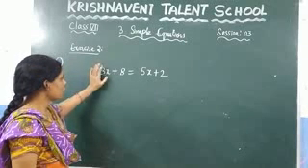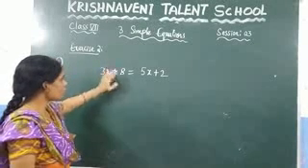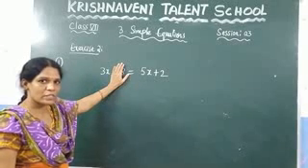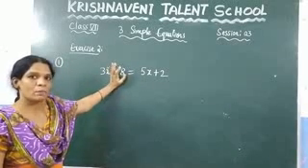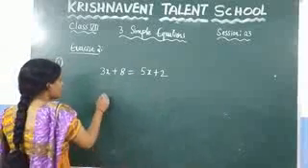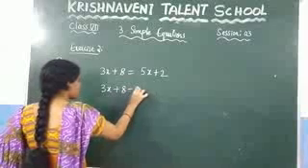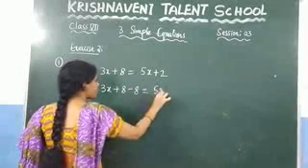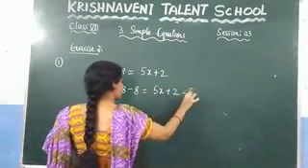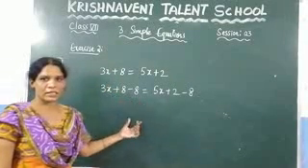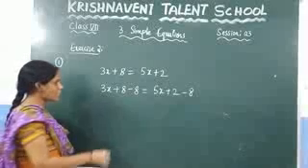Here I need to find the value of the x. So here first what we need to do? I have to remove here plus 8. How do you remove plus 8? Just we need to add minus 8 on both sides. So here add minus 8 on both sides, 3x plus 8 minus 8 is equal to 5x plus 2 minus 8. Right? So here plus 8 and minus 8 will get cancelled because you are getting the result as 0.